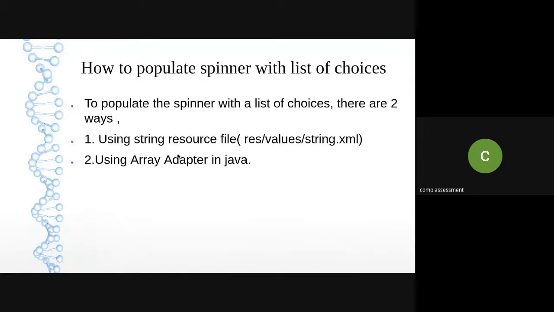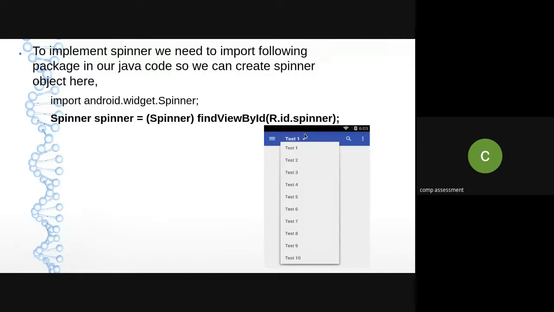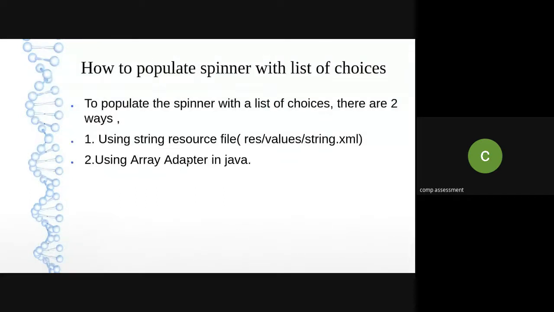Now, so over here, see, now already if you have drag and dropped the spinner, you will get a drop down arrow over there. But initially, now we haven't added any values to that spinner, so you are getting just a blank drop down list. Am I right? Now, so how can I add the values to this drop down list? In technical language, it is called populating a spinner with a list of choices. How can I give a set of values to this spinner?